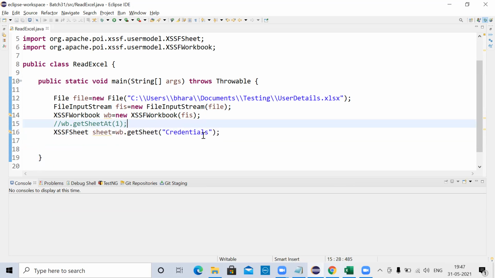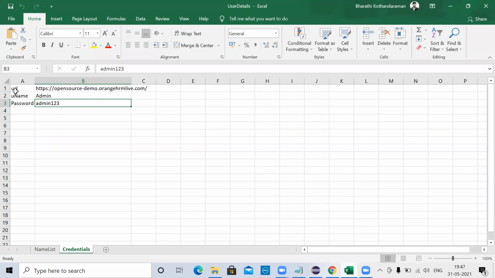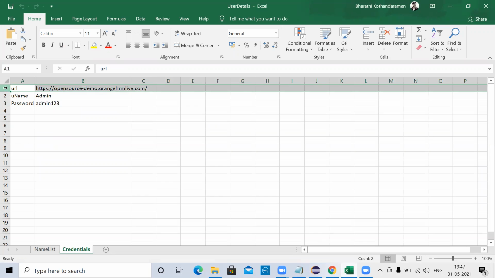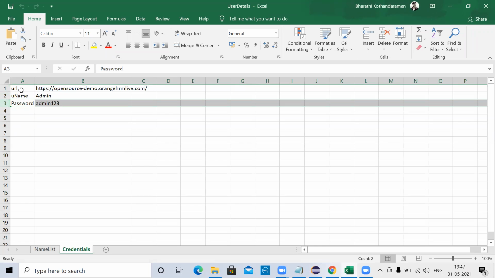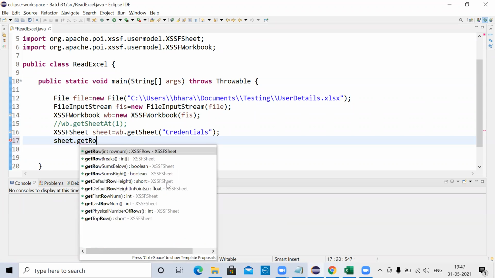After importing this, you get the sheet object. Now, using the sheet object, I'm going to get data from a particular row. We have a method called getRow, which will go to the particular row and point to it. Here you need to position the rows by index: the index of the first row is 0, then 1, 2. So using the index only, you specify the rows, by calling sheet.getRow.